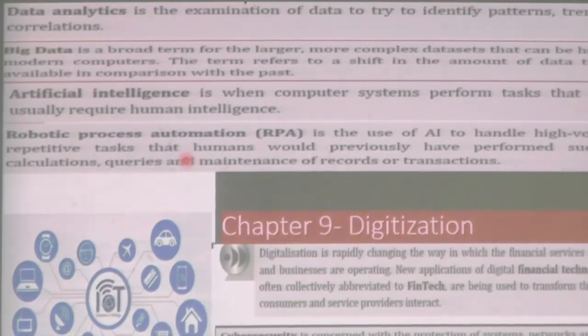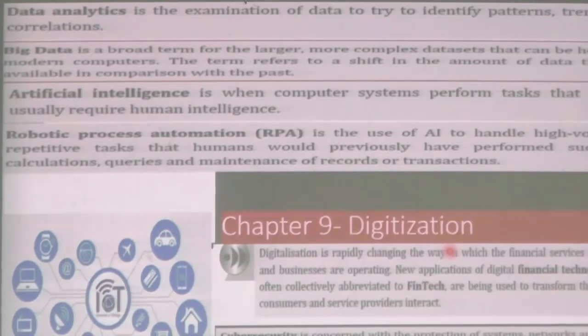Another term we are using is RPA. When you go to a factory or workplace where earlier there were people, now there are only computers. The routine activities that were earlier done by humans can now be done through RPA, robotic process automation. If you give all the steps, the program will perform them. So, RPA is described here as the use of AI to handle repetitive tasks. The keyword here is high volume repetitive tasks, which humans would do with a lot of time. So, through RPA.